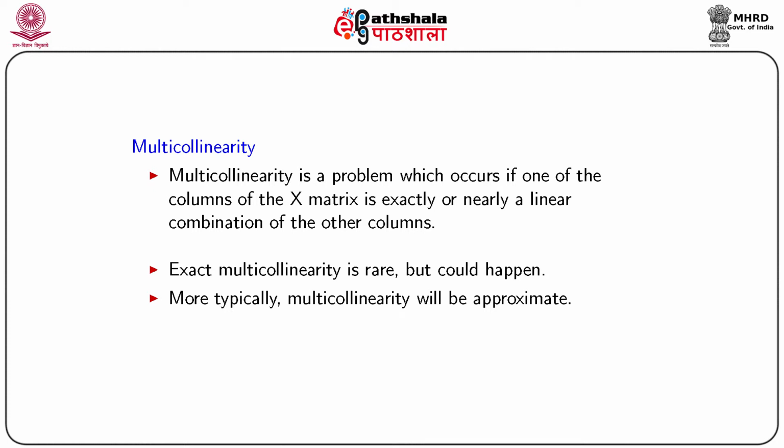However, multicollinearity in most real cases will be approximate. It arises from the fact that our explanatory variables are correlated with each other, although the correlation is not exact. So in case of explanatory variables which are approximately correlated highly with each other, that is, they essentially measure the same thing, we need to think of ways of retaining one of the explanatory variables and removing the other so that we can get rid of multicollinearity.